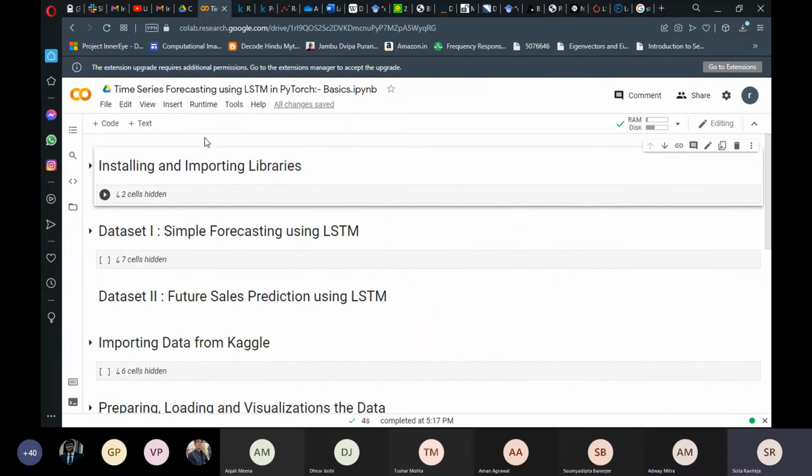What I will be covering are somewhat practical aspects: how you can pull out a data set existing out there on the web, and how you can run an LSTM model on that for time series prediction. There are a couple of stages in which I'll be progressing through this notebook. And at the end of this 20 minutes, I'll share the notebook with you so that you can play around with it.